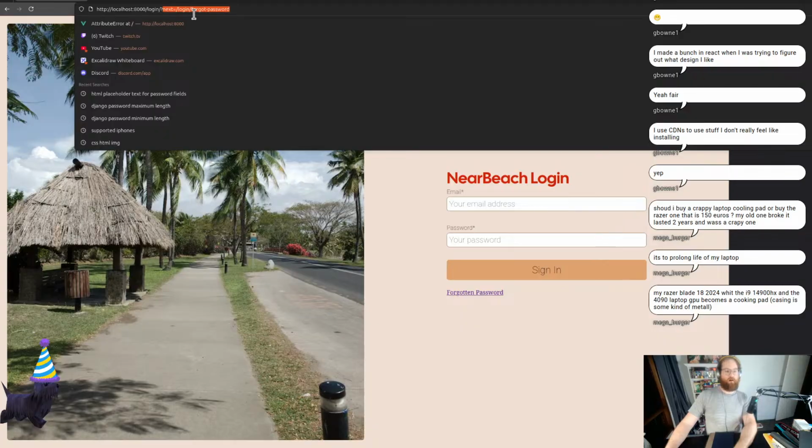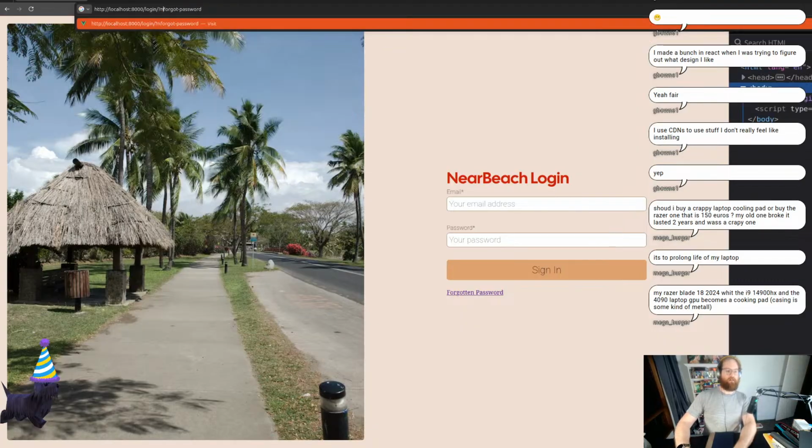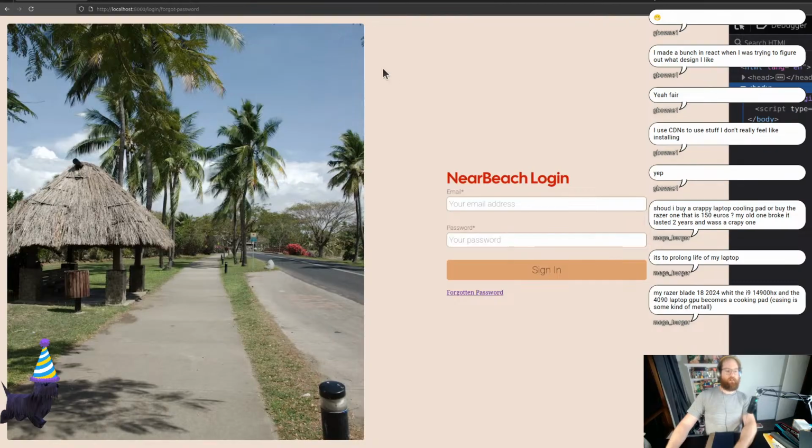So if we go up here and let's say we go forgotten password, boom. We're now at forgotten password. I need to fix this up so forgotten password works. So yeah, that won't be hard to do. Yeah, that's the next step we've got to do. And that way, yeah, there's actually,